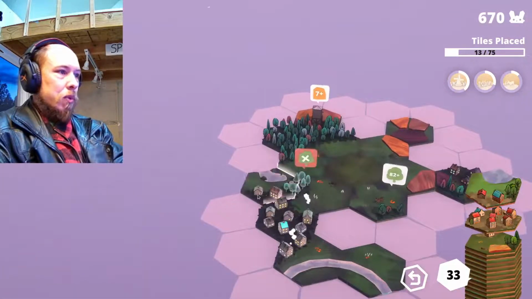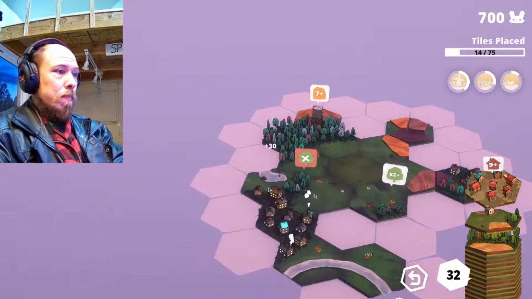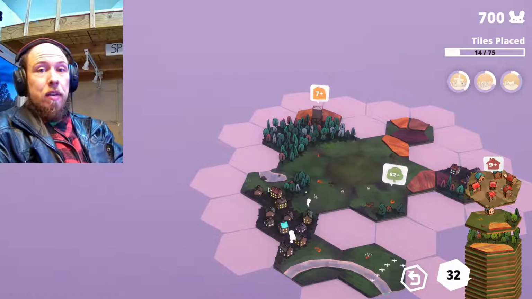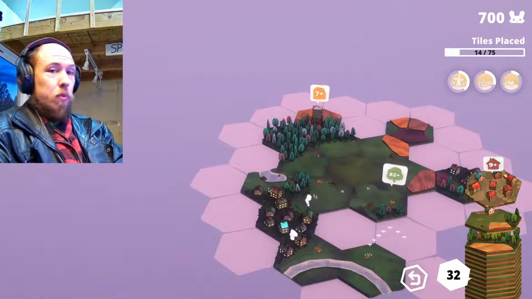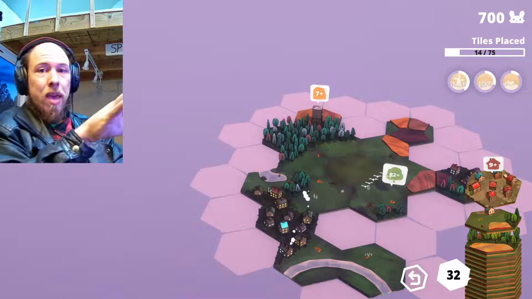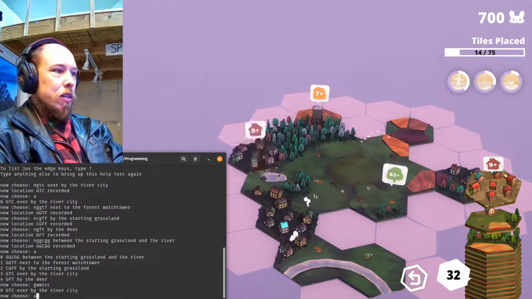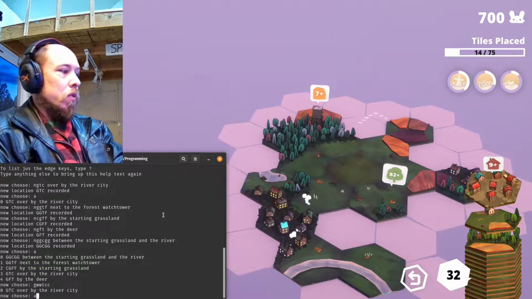So let's put it there. Perfect. Boop. So now we've done a couple things that we need to, if we want our database to remain valid. It doesn't look at the game at all. All it does is just take inputs in text. So it's not looking at the map. It doesn't know that we place this. So we're going to say